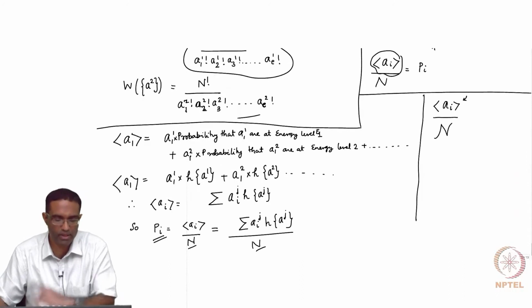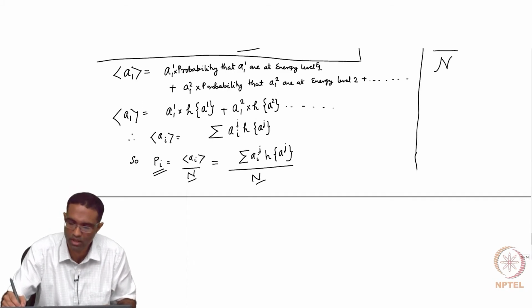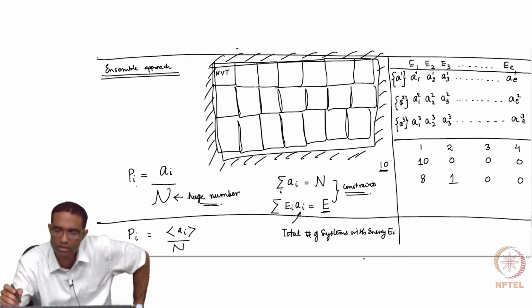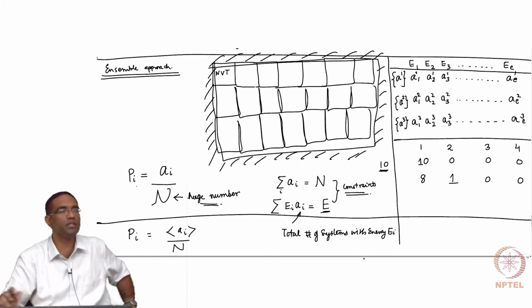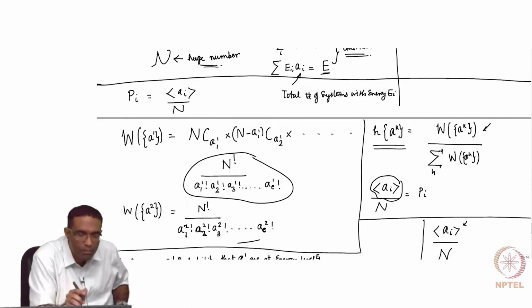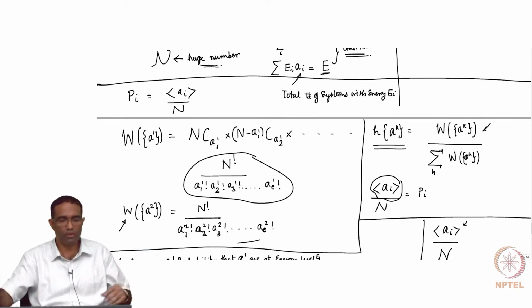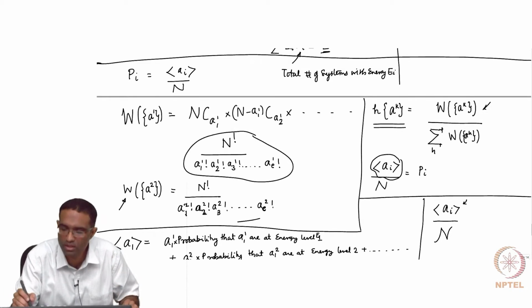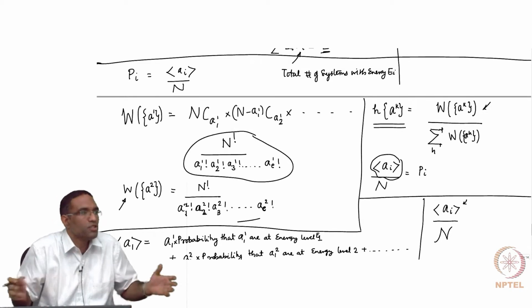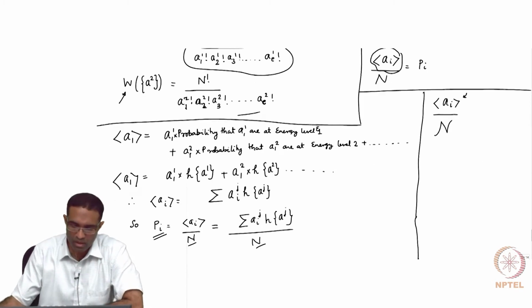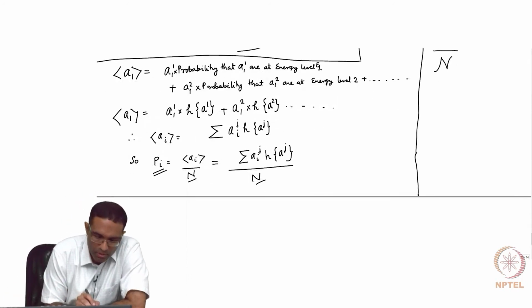Now, what happens is that we have to make the same argument that we made several classes ago when we started statistical mechanics. What we said was, when the system is at equilibrium, there is one specific distribution of energy states that it would take, such that for that particular distribution this number has such a large value that H, or the probability that the distribution is realized, is very, very close to 1. Right? We made that argument when we started talking about statistical mechanics. So it so happens that there is a special distribution